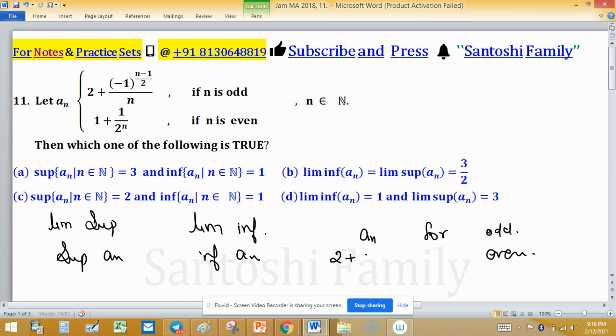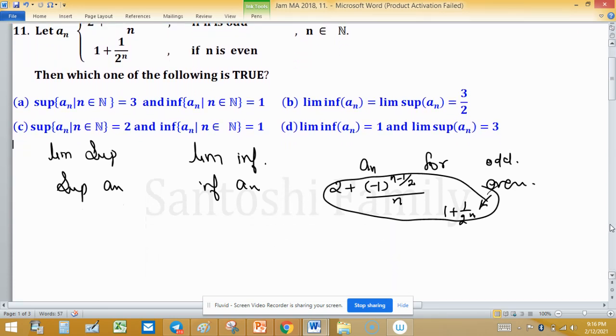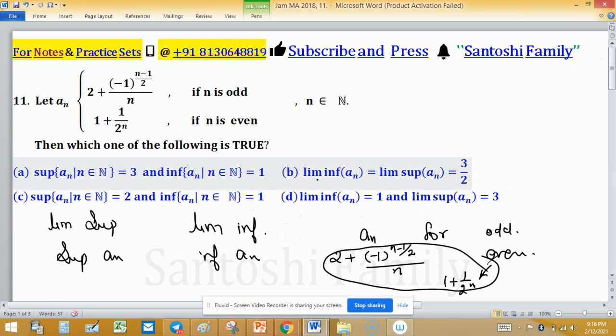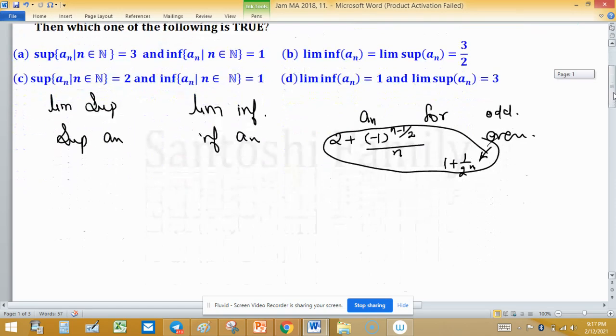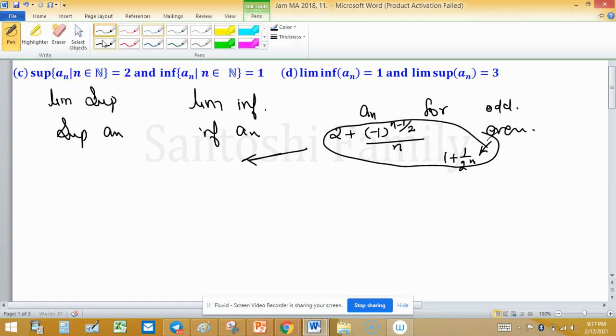For odd n, it is 2 plus (minus 1 raised to the power n minus 1) divided by 2, and this whole divided by n. And when n is even, this is 1 plus 1 upon 2 raised to the power n. This is the structure of a_n for even and odd. Now you can see a_n is bounded. You can clearly judge. You can see here this is bounded by